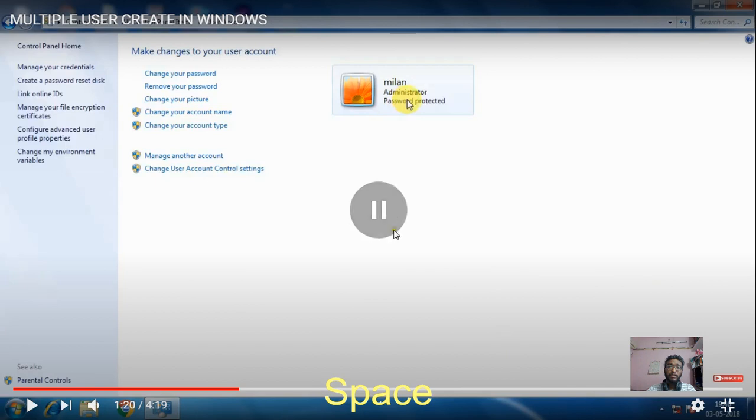Now you can see this computer or laptop or device which is Milan's, and it is also password protected. That means some kind of password has been inserted, so without Milan's permission, no one will be able to access that particular device. A particular password is needed.